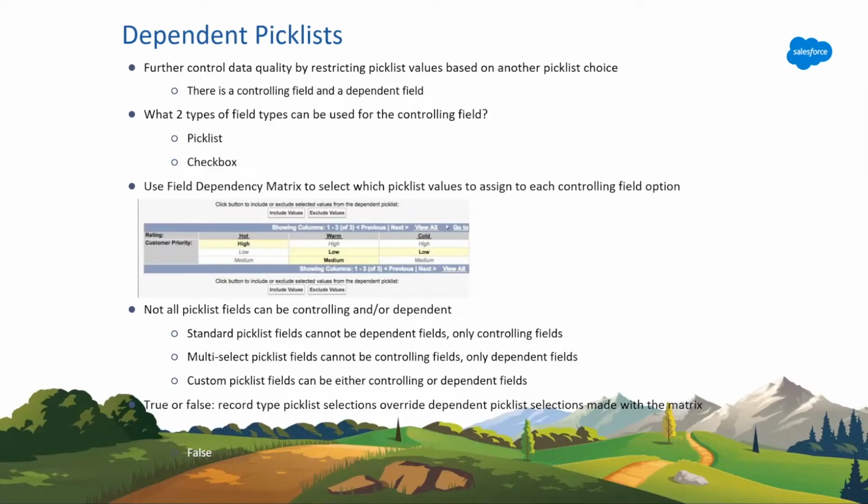And then kind of like what I was saying, if under cold you're allowing high, low, and medium, but on the record type itself you're narrowing that down, or vice versa, if you say on the record type you can have high, low, and medium, but here on the matrix you're narrowing it down, then it's only going to show that option. So both of them work together to narrow down, and neither of them are really opening them back up per se. You can't open it.